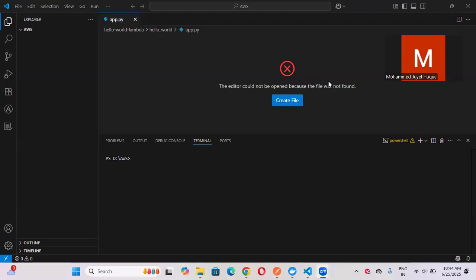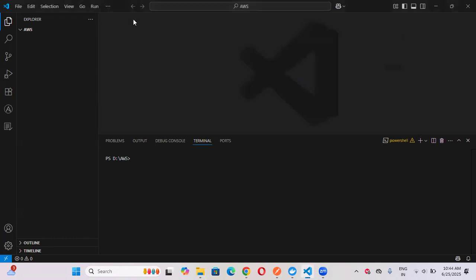Hello. So today I'm going to show you how to deploy AWS Lambda, and also, after deploying, if you want to update the Lambda, how you will be doing that. All this I'm going to show you. So for that, we'll be starting with a folder I have created, inside which we'll be creating all the